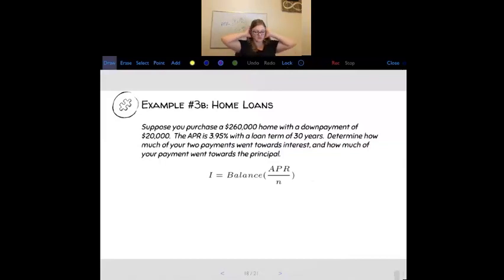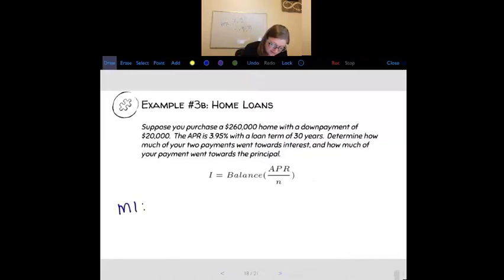For the next part, we're going to use the same scenario, but we're going to learn how to determine how much of your payment went towards interest and how much went towards the principal. I think there's a question in the online homework about this. So we'll take the same scenario of the $260,000 home, down payment of $20,000, APR of 3.95% with a loan term of 30 years, and we're going to figure out, for our first two payments in month 1 and month 2, how much of each went to interest and how much went towards the principal. There's a formula here. Interest is equal to the balance times APR over N. So in month 1,